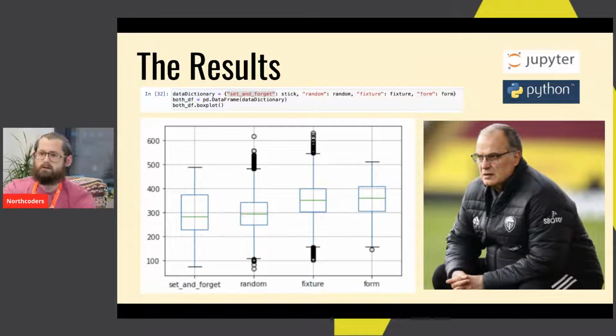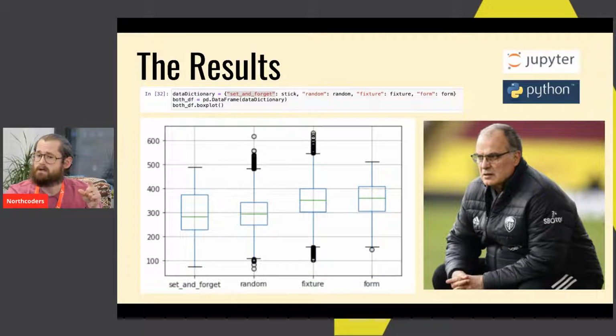So what I did was I plugged this information after I created a couple of algorithms to decide by fixture and by form and randomly. And then I plugged this into Jupyter Notebooks, which is run using Python, to create some box charts using Python's Pandas API. And what this shows is on the